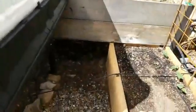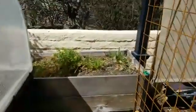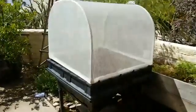So one of the downsides of a system like that one, you can see it's above the ground, is that it dries out here in the summer, which means I can't use it in the summer. So I'm going to see if I can convert that into self-watering. But here is my next favorite